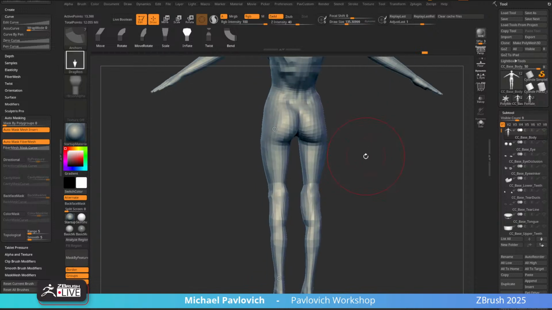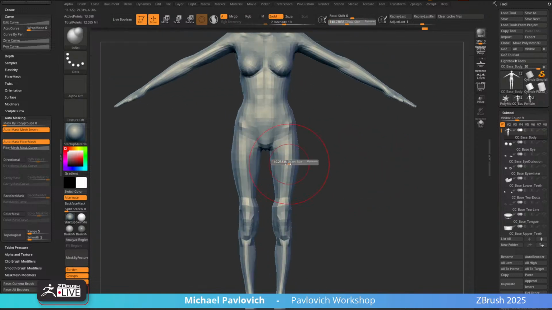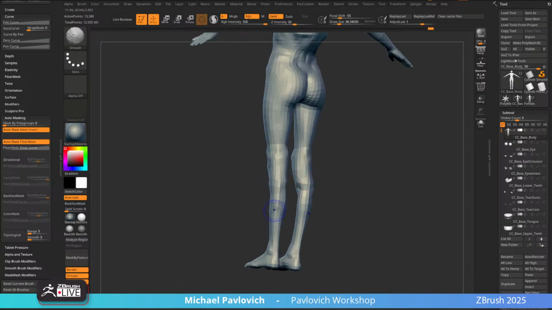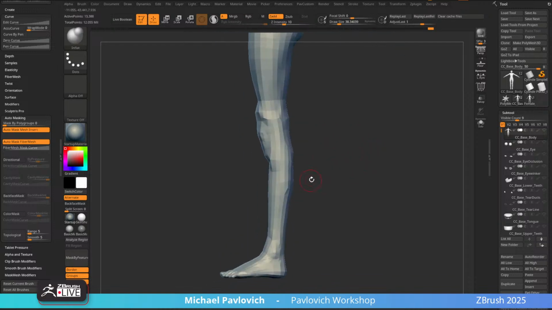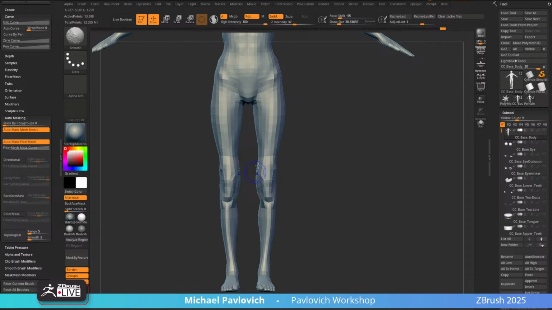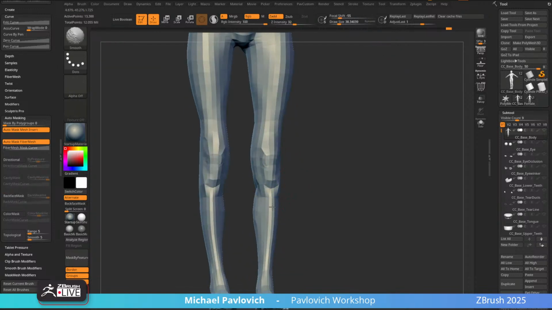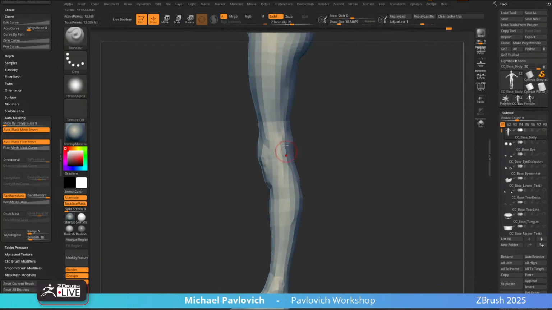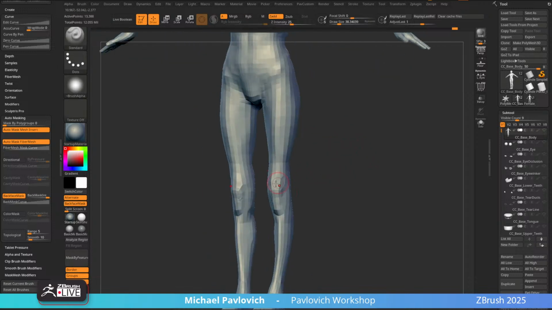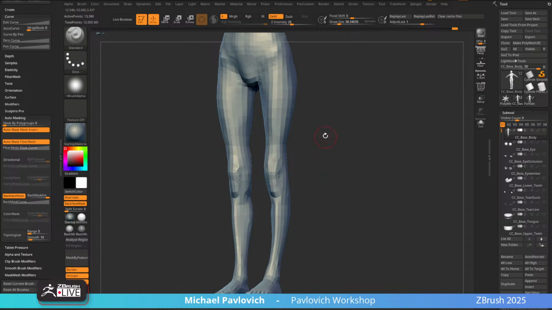If you wanted to, you could also just use your inflate brush. Just go into your inflate brush and hold down Alt, and you can inflate. But I don't know. Pretty cool using the anchor brushes. Here, and then, yeah, so we do still got some sinewy muscle for those legs, but it's just going to be a little more knobby where your tibia and your femur meet. There's not a whole lot of extra muscle or anything there. Now we are going to like bloat these things up and make them all knobby and stuff,